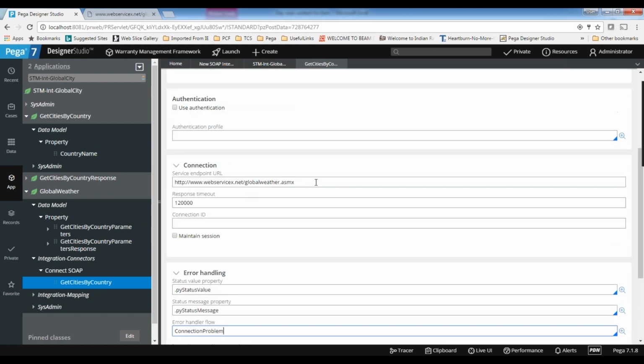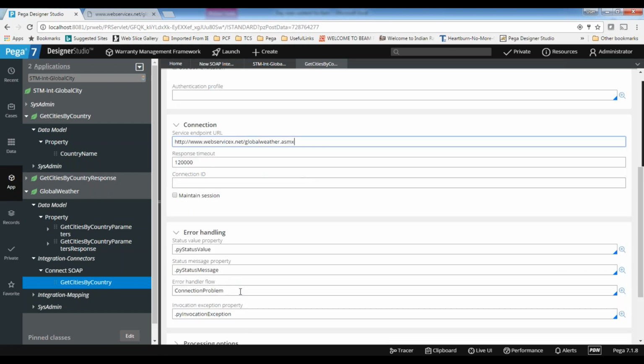If the resource is not available, that means the service is not available, let's say for some reason the service is down, and you are using this connector rule from the flow rule. What happens in that case is, when the service is not available, immediately this connection problem will be invoked. If you see, this is a flow rule again.